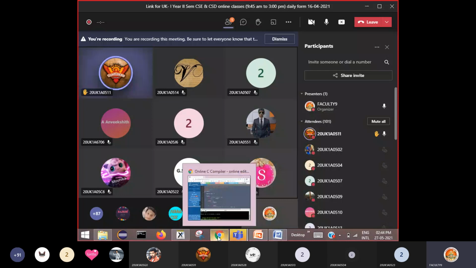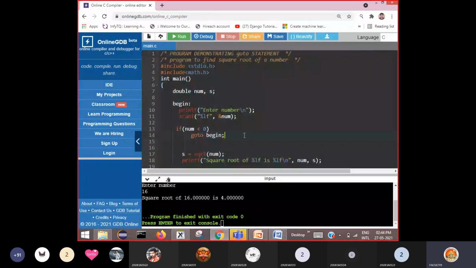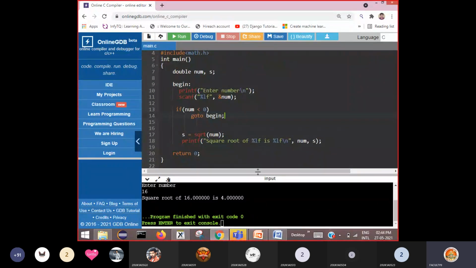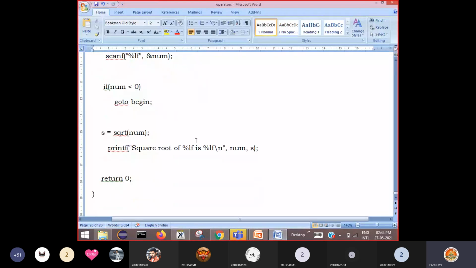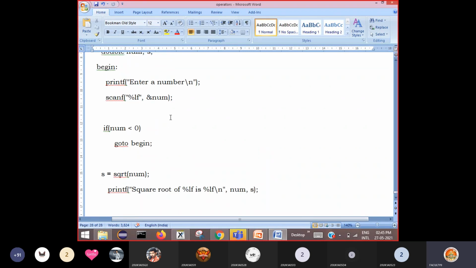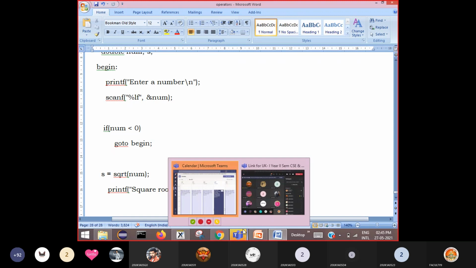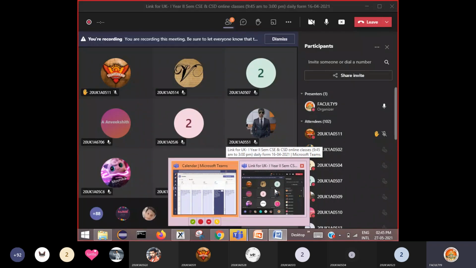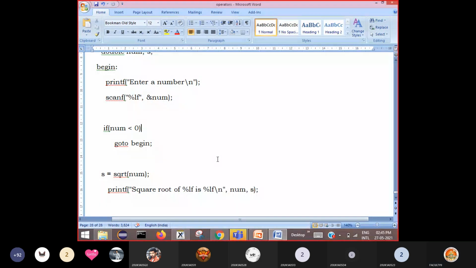Okay, right. So in such a case, what you have to do is you should modify your program like this. I'll explain on the white screen so that it will be clear to you. If num is less than 0, you want to tell the user that you have entered a wrong input or negative number, and you don't want to go back again. You just want to show invalid input and come out. You don't want to calculate again, and you don't want to ask the user to enter a number again.